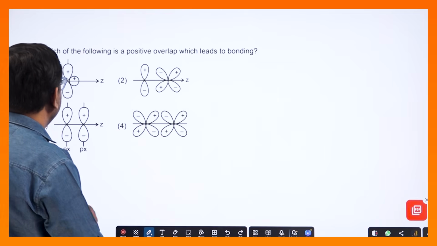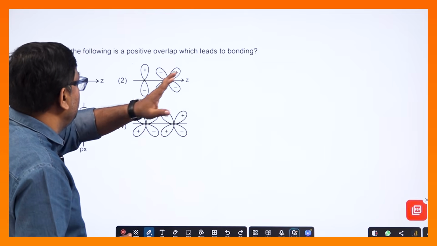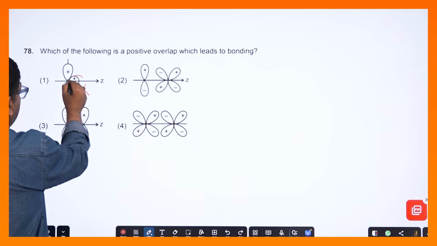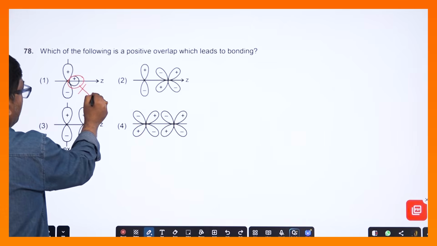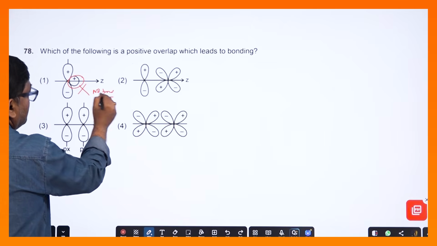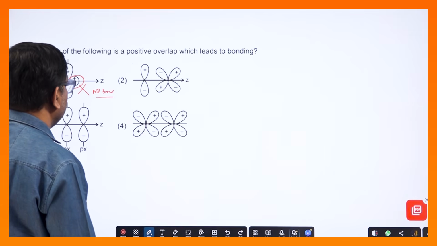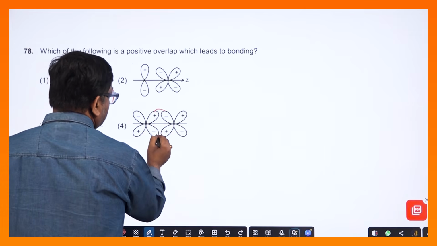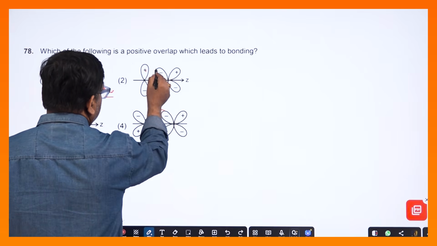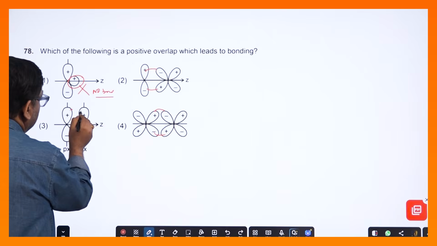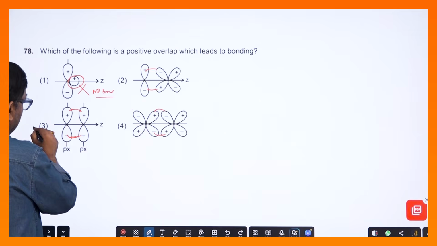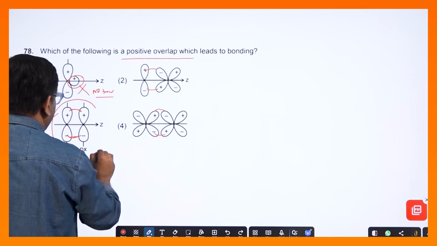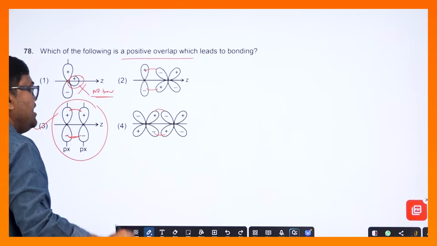পরে কোশ্চেনে যাচ্ছি, বেসিক কোশ্চেন: ফলিং পজিটিভ ওভারল্যাপ লিড টু ফর্মেশন। প্রথম কথা, এটা ফর্মেশন হবে না, কারণ এই অরবিটাল কখনো পাই বন্ড করে না, তাহলে এটা নো বন্ড, এটাই অ্যান্সার। এইখানের ক্ষেত্রে অ্যান্টি বন্ডিং হয়, পজিটিভ নেগেটিভ পজিটিভ নেগেটিভ। এইখানে পজিটিভ ওভারল্যাপ, নেগেটিভ ওভারল্যাপ, তাহলে এখানে বন্ডিং হবে। এখানে একমাত্র পজিটিভ ওভারল্যাপ, এটাতে নো বন্ড, আর এগুলোতে নেগেটিভ ওভারল্যাপ হচ্ছে, ঠিক আছে।